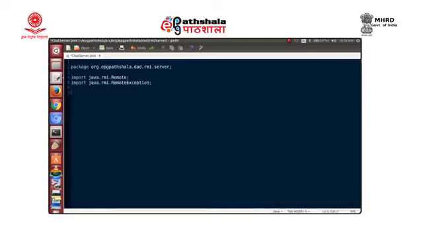Now, let us identify the methods, what kind of interaction is needed by the client from the server side. So, we have our public interface ChatServer which extends from Remote.